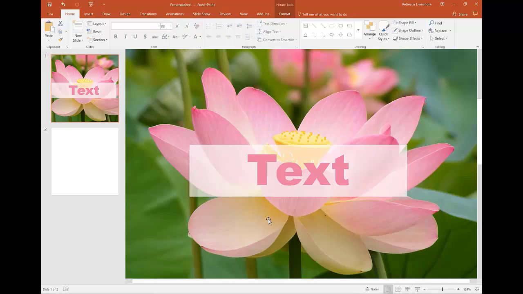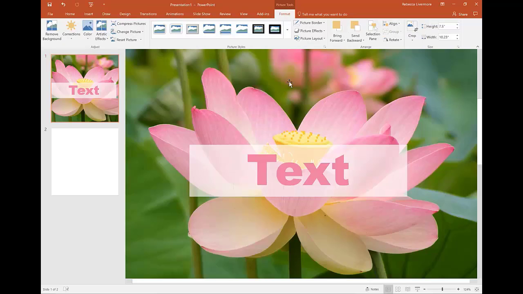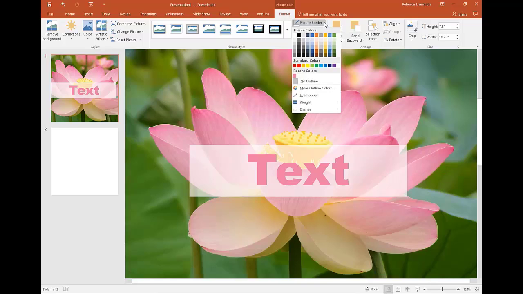All right, now you can also add in borders. Now there's a couple of different ways to do that. I double click on this picture to bring up the picture tools format options. And you'll see that I can add a border of whatever color I want. And since I just used this color, it's in the options. And I can make it whatever weight that I want,